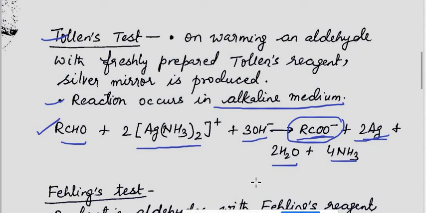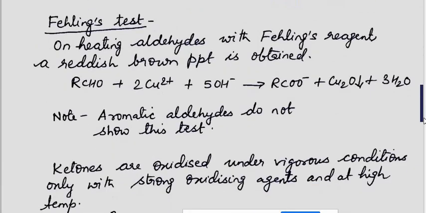Ketones will not give this reaction. I will tell you the reason why, but ketones do not give Tollens test. Now the second test is Fehling's test. On heating aldehydes with Fehling's reagent, you take a little sample of aldehyde in a test tube, add Fehling's reagent to it, and upon heating, if you get a reddish brown precipitate, then